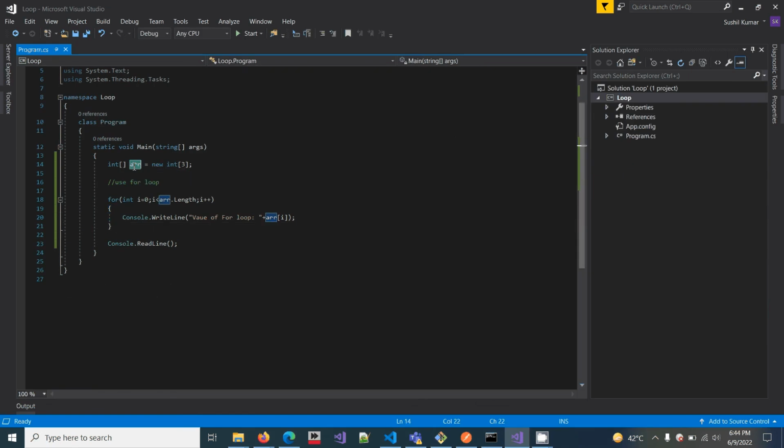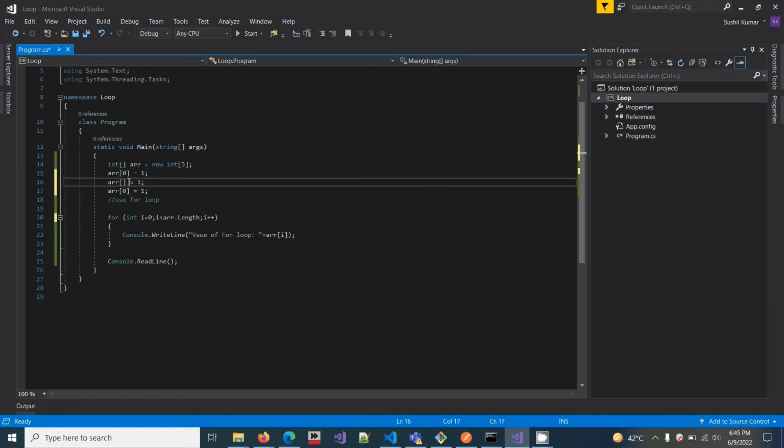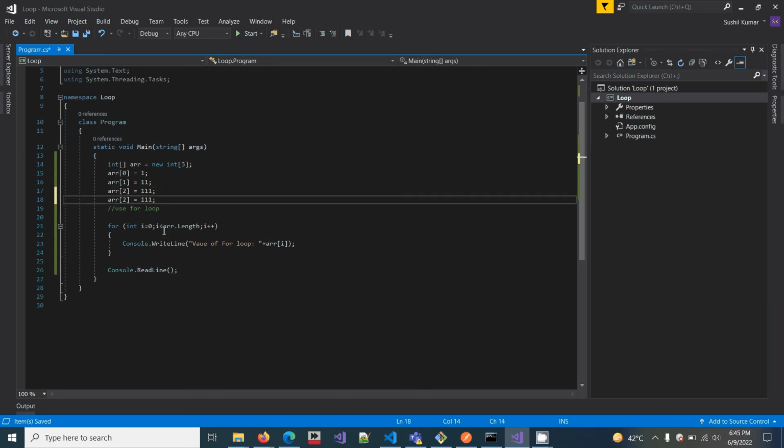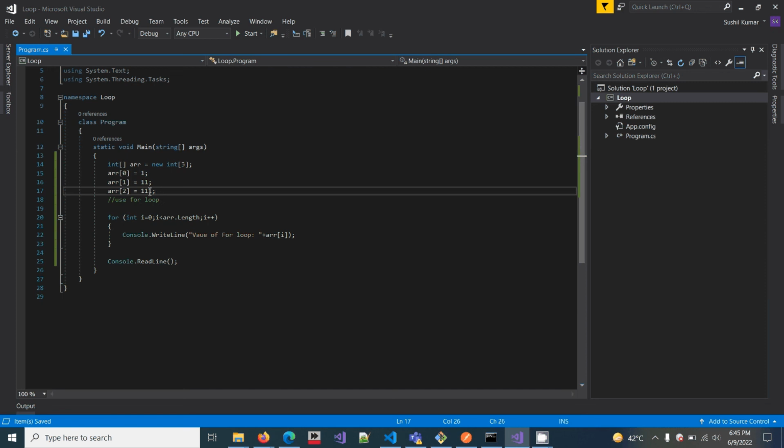So we pass a value in the array: index 0 has one value, index 1 has one value, and index 2 has one value. If we pass any other index in the array, it gives an index out of bound error. So it should start from index 0, so 1 2 3.